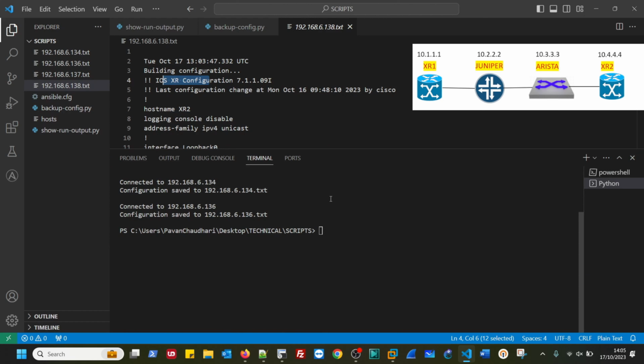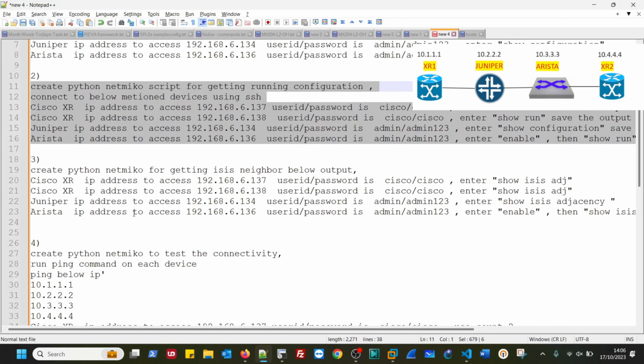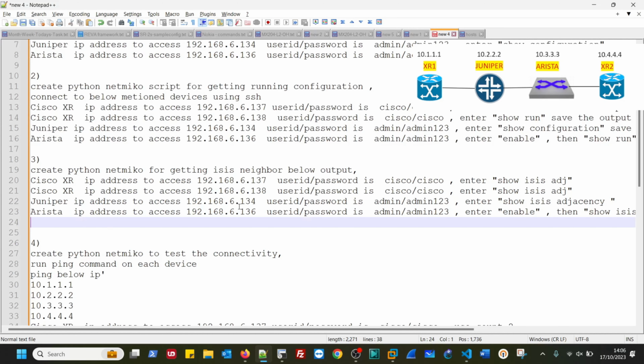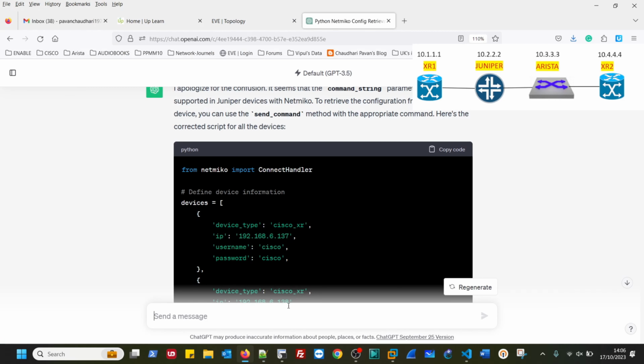So this is how we can get the backup by using ChatGPT's help, even if you don't know any scripting. So this is our second task. The third task is to get the neighborship output. It could be ISIS or OSPF. Here I am running ISIS between all these four devices, so I'll get the ISIS neighbor adjacency status. So let me copy and paste this to ChatGPT and let me ask,